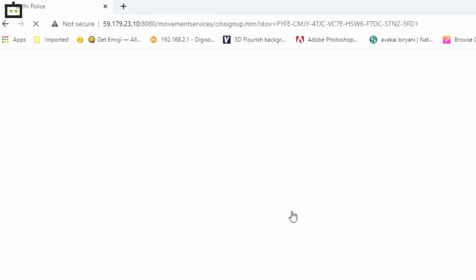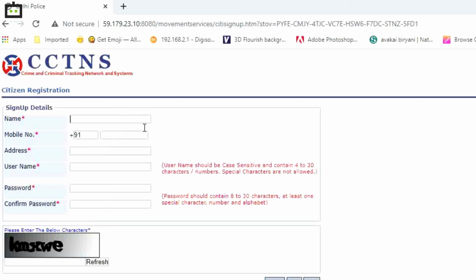You will need to fill in your details such as name, address, mobile number to create an account. Log into your account once completed. Now fill in the application form for the movement pass. You will also need to upload soft copies of your identity proofs such as Aadhaar card, driving license, PAN card, voter ID card. Once done, click on the submit button. Wait for an SMS confirming the approval of the movement pass. Once you receive it, log back in to the account and download the e-pass for movement in Delhi.